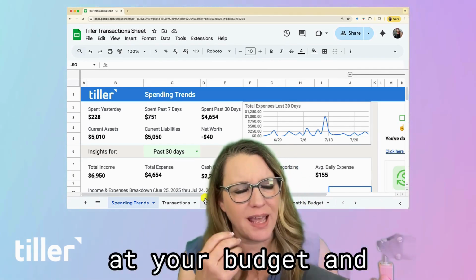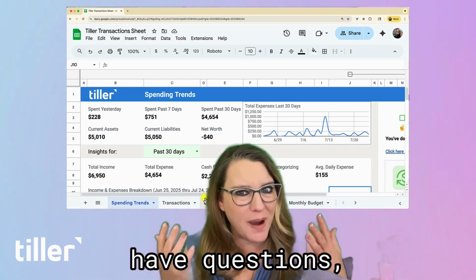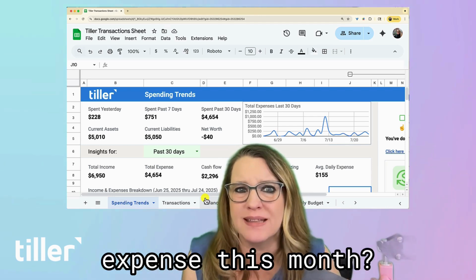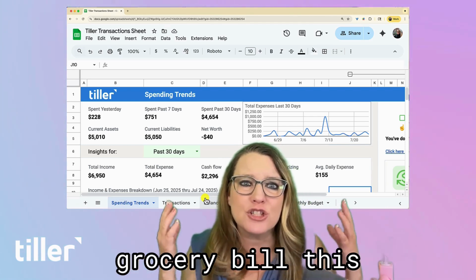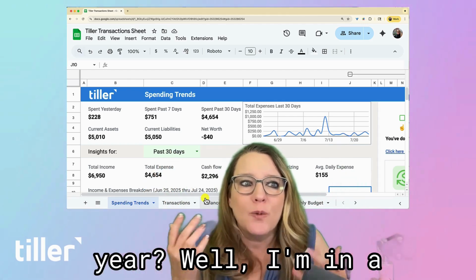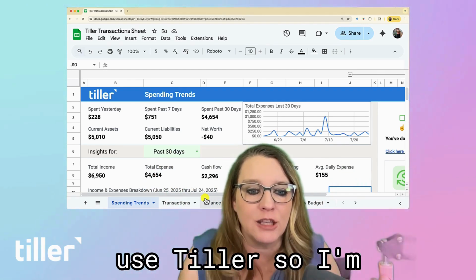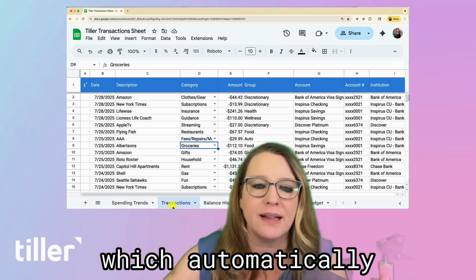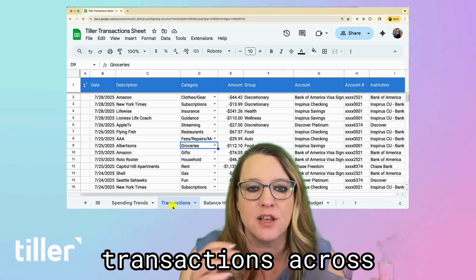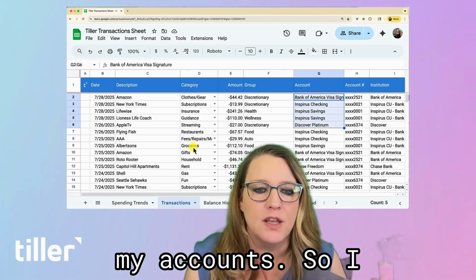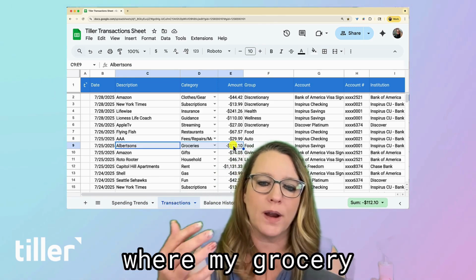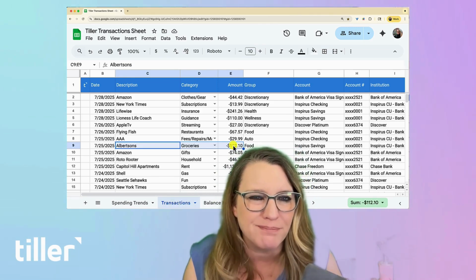Looking at your budget, you might have questions like, what's my largest grocery expense this month? Or my largest grocery bill this year? Well, I'm in a spreadsheet and I use Tiller, so I'm going to go to the transaction sheet, which automatically imports my transactions across my accounts. So I can look for the groceries and find where my grocery expenses are, but I don't want